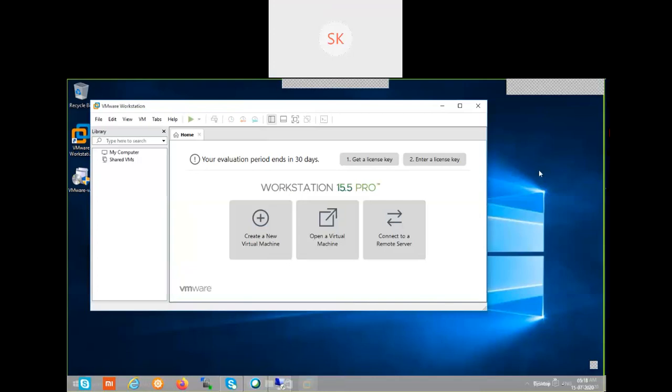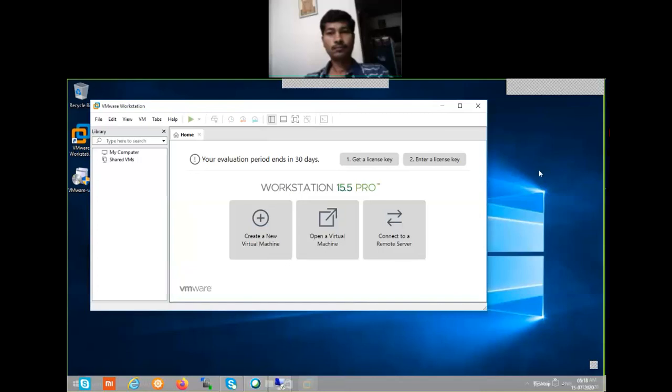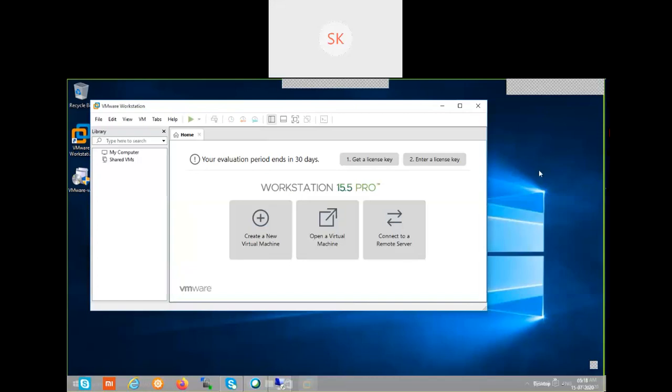Now we are creating a virtual machine. Why do we need to create a virtual machine? We are creating virtual hardware. We need hardware to perform our Windows 2008 server installation. As we don't have a physical system, I'm providing a lab. On your own, you can create a lab by using VMware Workstation. This VMware Workstation allows you to create virtual hardware. Just click to create a new virtual machine.